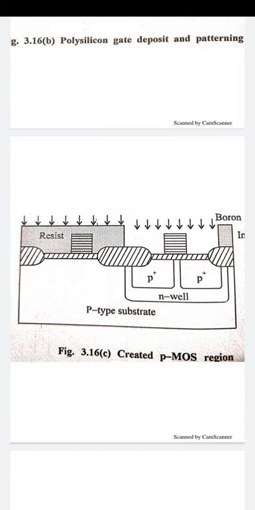Using this P mask, we have used the hardened photoresist on the masking of the NMOS transistors, and we have bombarded the boron ions. These ions are easily absorbed by the silicon layer through the oxide layer, and we must create here the heavily doped PMOS source and drain regions for making the PMOS transistor over the N region over the P-type substrate.